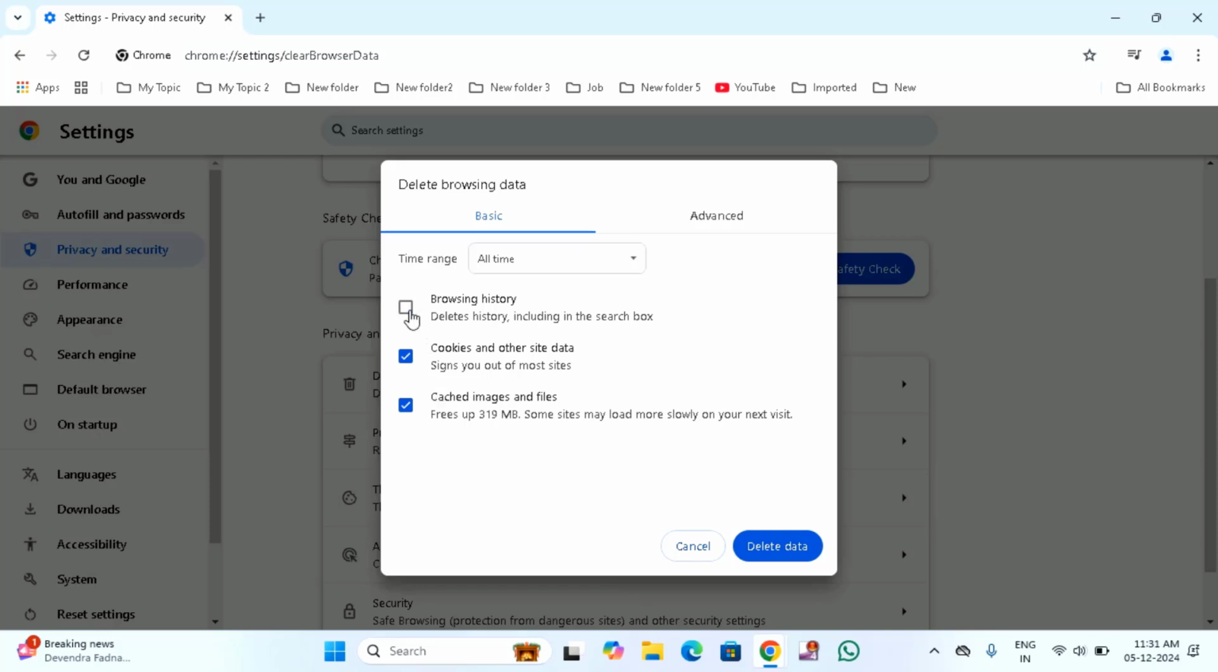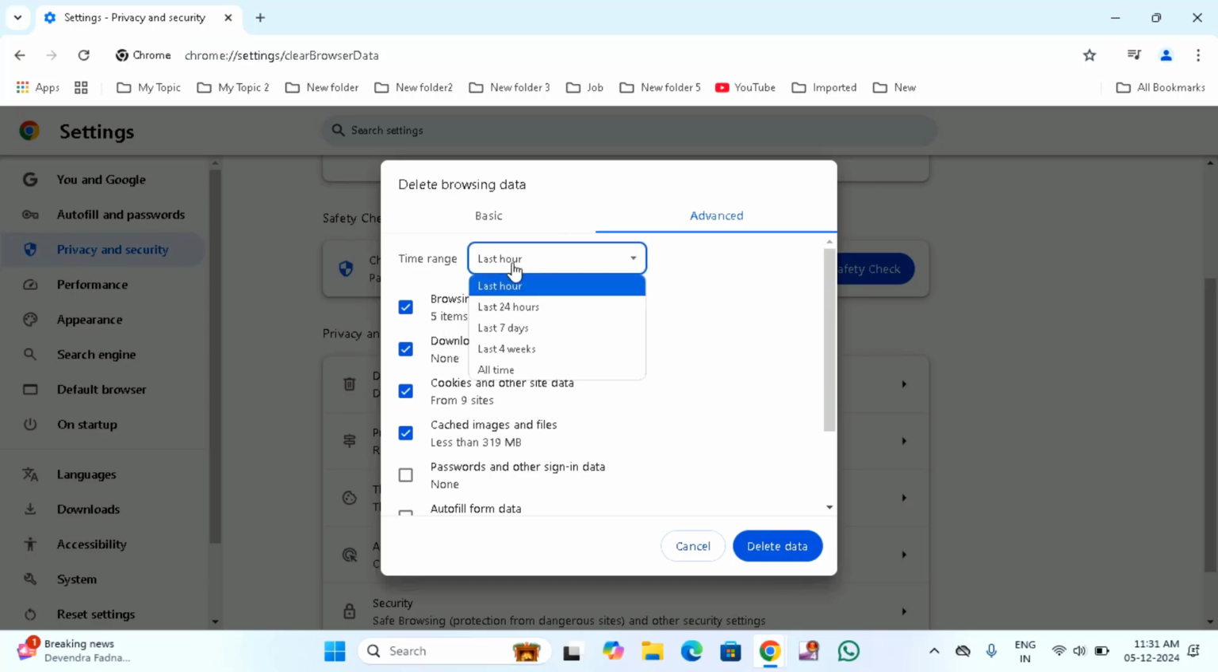Just uncheck this browsing history. If you want to delete browsing history also, you can check this option. After that just click on delete, and here you will find advanced option also. Select all time. Select the options which you want to delete, then tap on delete. After that,